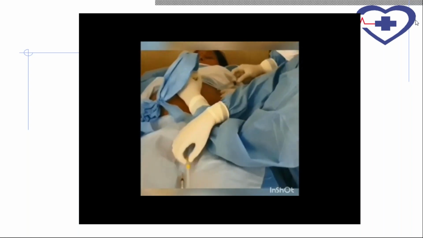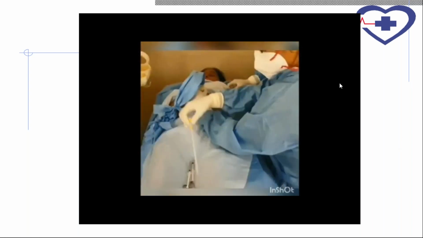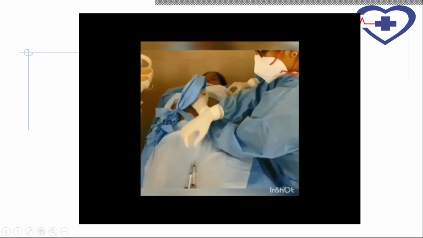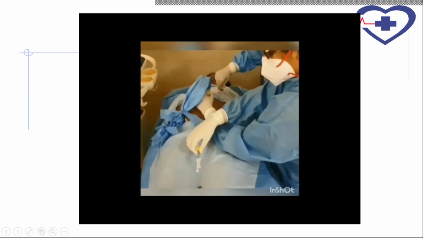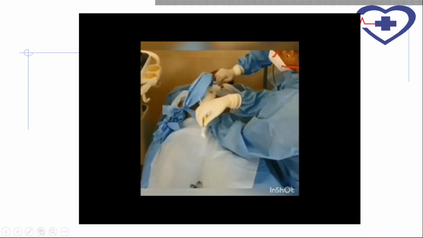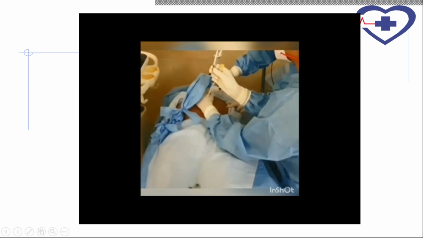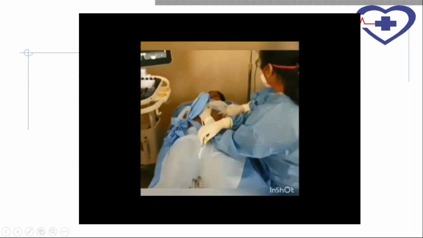Somebody has asked a question: if the patient is ICT positive, is anti-D needed? Of course, this is Dr. Harshita Chaudhary who has asked this question. If she is ICT positive, there is no role of giving her anti-D, because these antibodies are already there in her circulation and they are harming the baby.